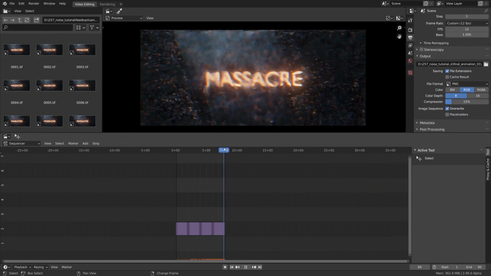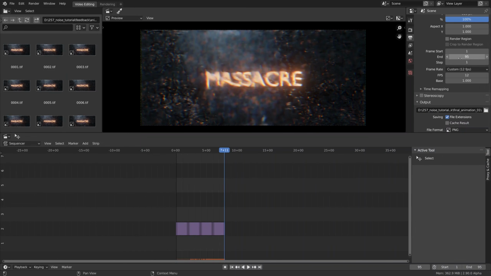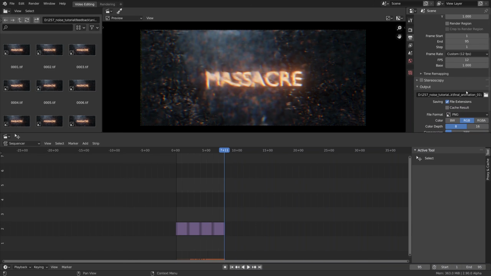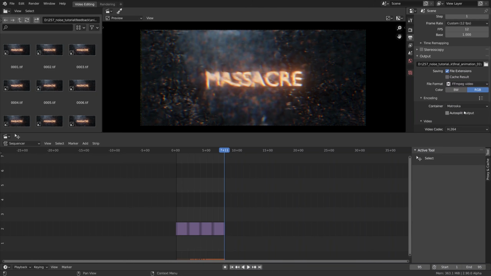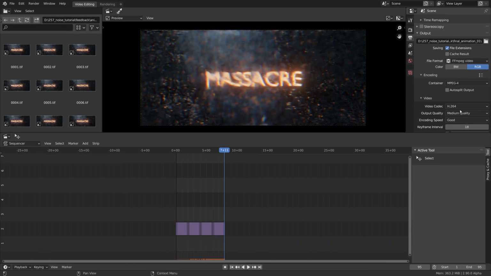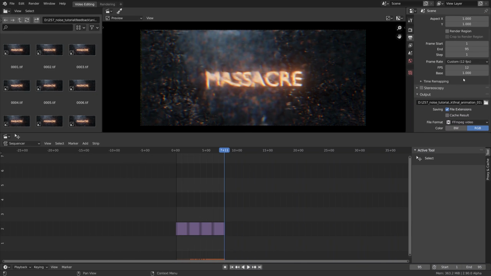The last step, as usual, is to render this mess out. I will count the frames. So we got 95 frames. So we can type in 95 in the end. Great. Check the frames per second, set to 12. For the final output, I will go with the FFmpeg video. MPEG-4 as the container, H.264 for the video codec, and I think we just need to set the outputs and